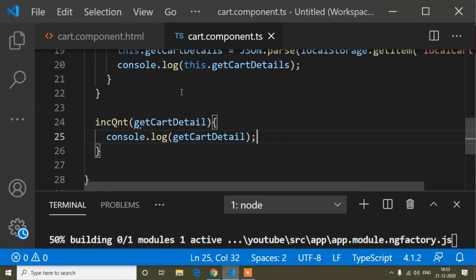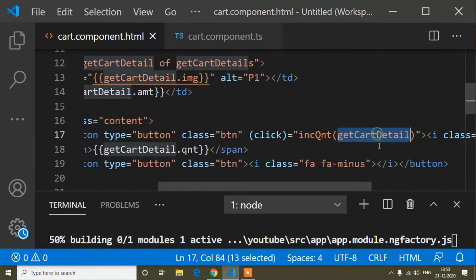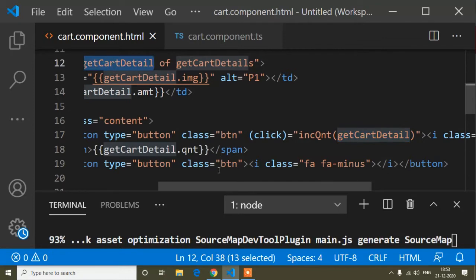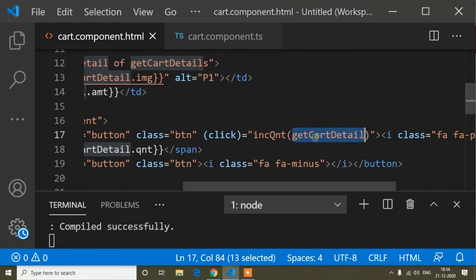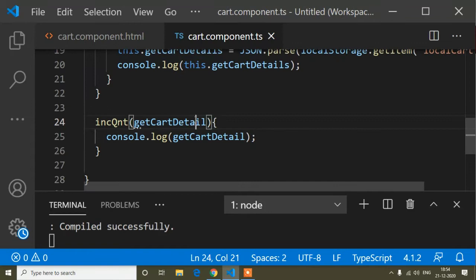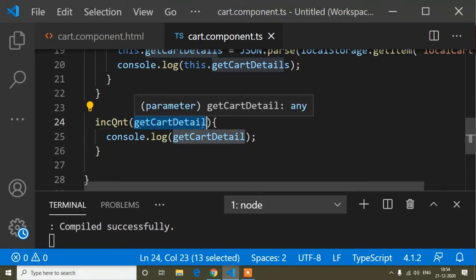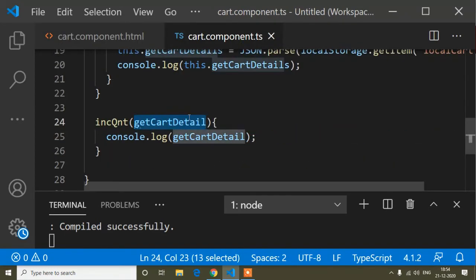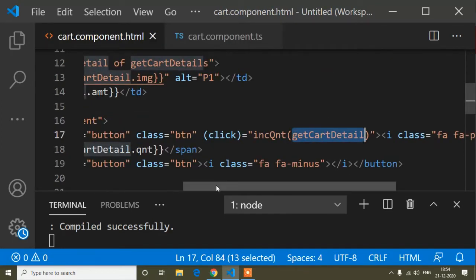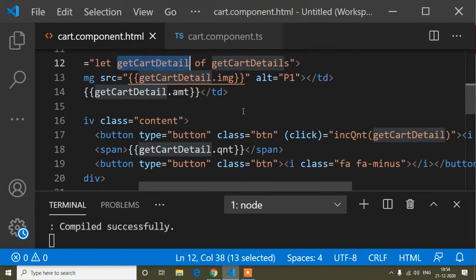I will clarify one thing: here I have to pass this cart detail variable, because I store all the local cart values in this variable. But in the TS file you can write any name for this parameter, which will denote this parameter. You can write anything as per your choice, but in the HTML you have to write the same variable name where you have stored all the details of local storage.